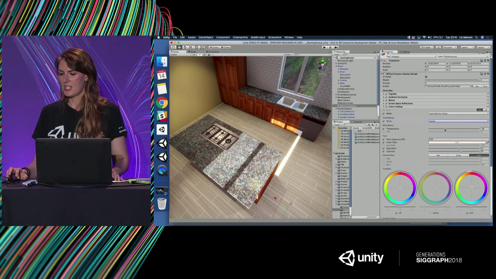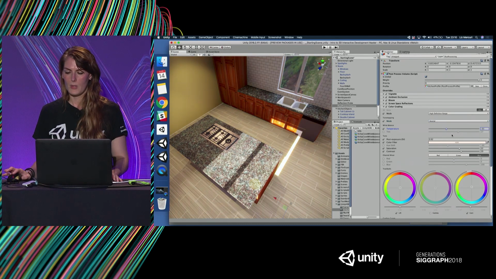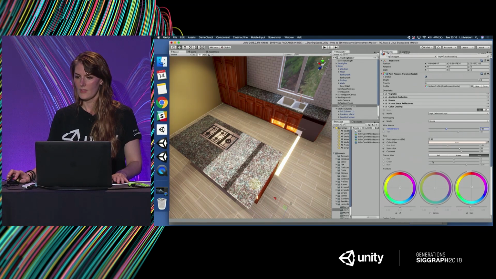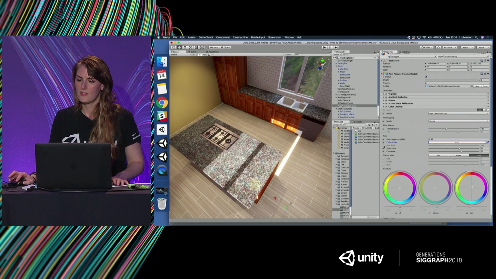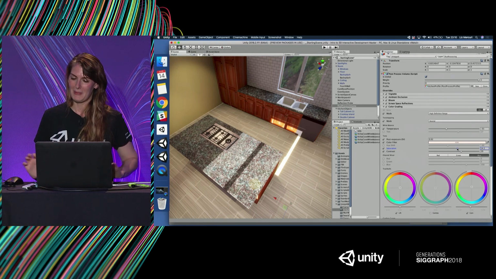You can change the temperature of your scene. So if you're wanting it cooler or more warm. There's tints as well, so you can add a color tint, a color filter. And I know that some people add a color filter and then they turn the saturation all the way down to get like a black and white image. That's quite helpful. Not for realistic lighting, but just in case you were making a black and white